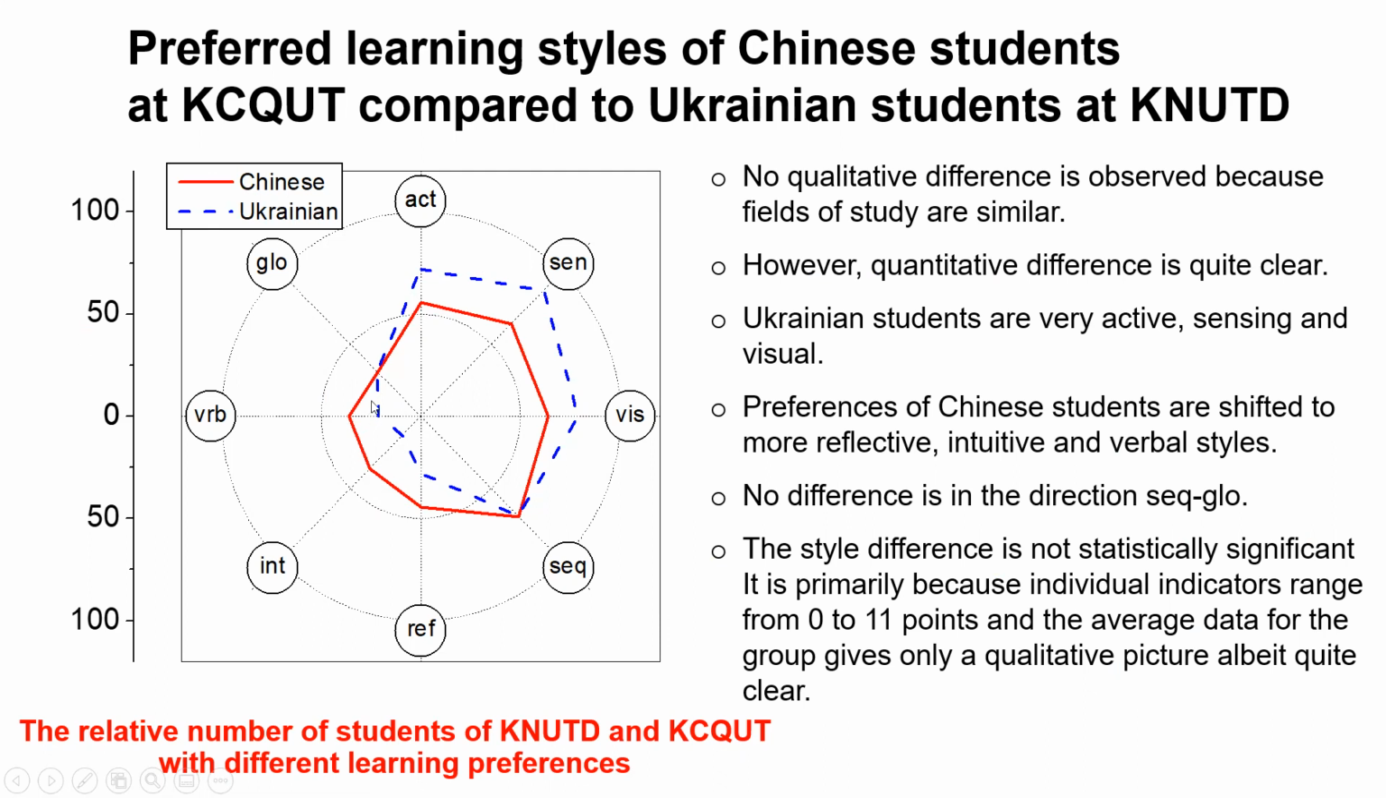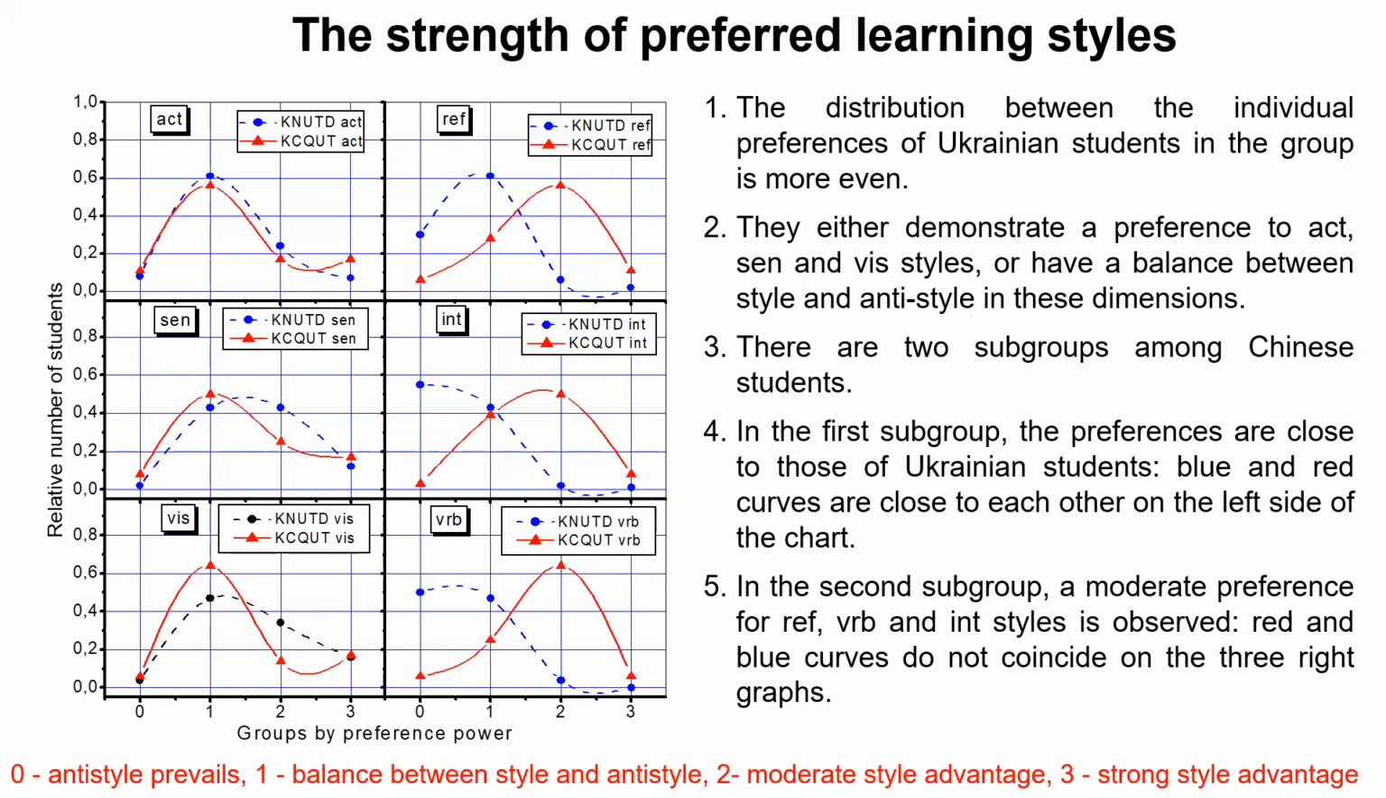A decisive advantage in the opposite direction, namely active, visual, and sensing, is characteristic for 72% to 87% of Ukrainian students. The observed difference in these learning preferences should be reflected in the different forms and methods used in the teaching of academic disciplines. For example, you see other pictures with the strength of preferred learning styles, and you can see